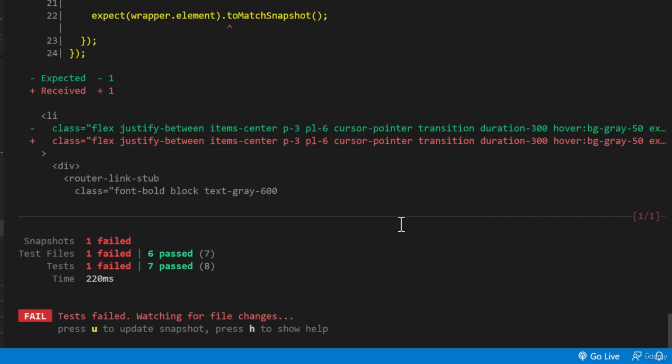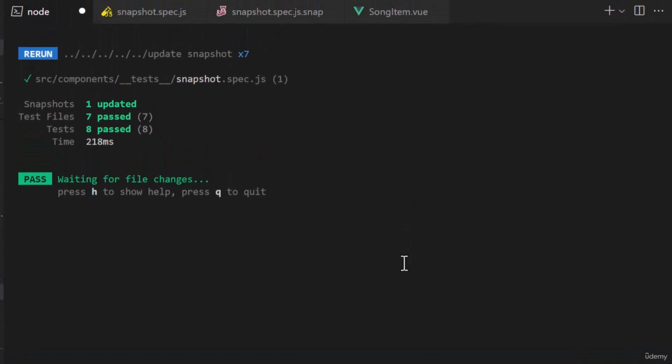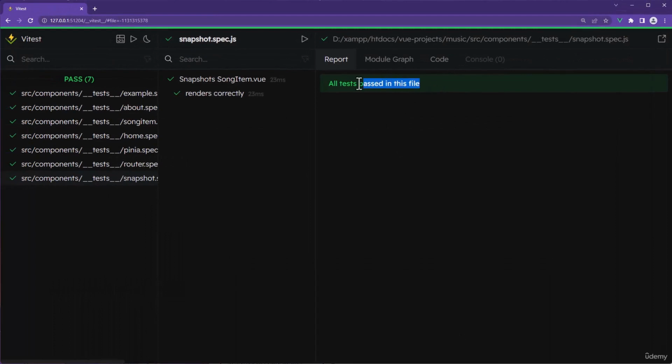Press the U key on your keyboard. Vitest will listen for keyboard presses on the command line. If we press the U key, all snapshot files will be updated. After updating the snapshots, Vitest will run our tests again. The report will tell us that the snapshot was updated before it was tested. The test passed without a problem. That's all there is to snapshots. The purpose of a snapshot is to check if a component is rendering fully. Unlike unit tests, where you need to write multiple test blocks for a single component, most components will only need